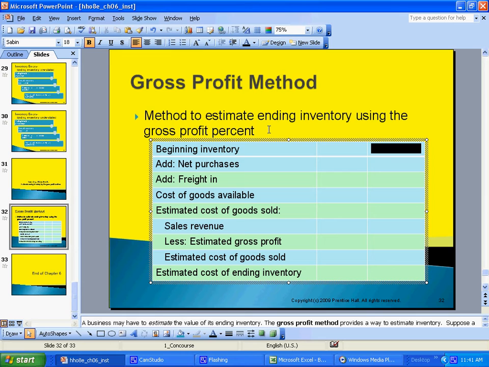Okay, so what do they give us? Toyota holds inventory all over the world. Assume that the records for the auto parts show the following. We've got beginning inventory of $150,000, net purchases of $800,000, net sales of $1 million, and a gross profit rate of 40%. Okay, so what we need to compute first is the